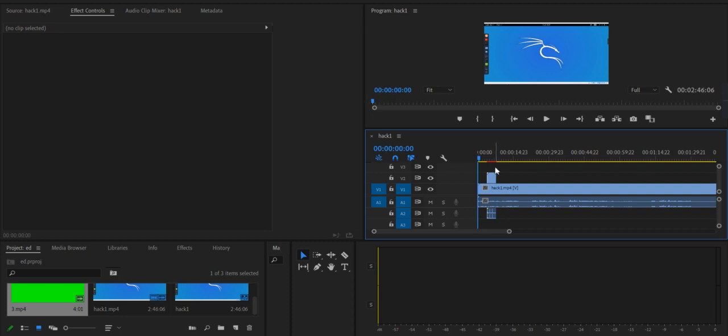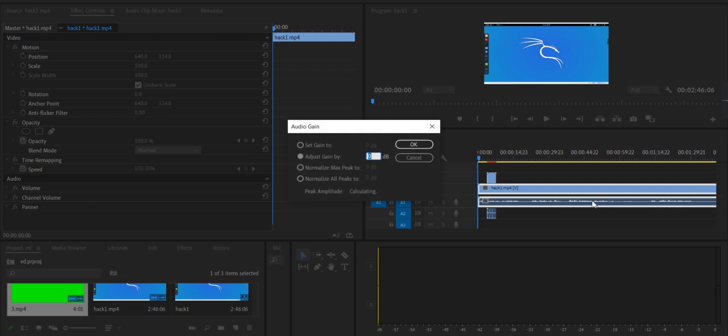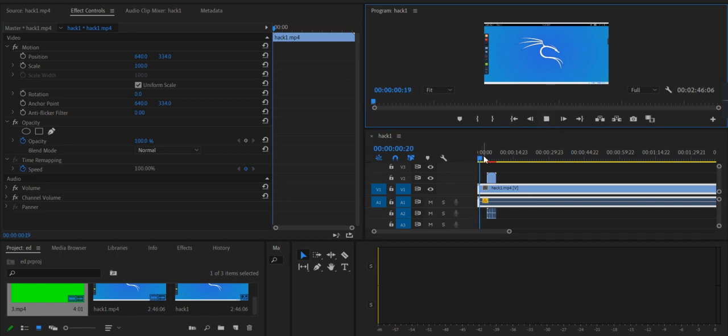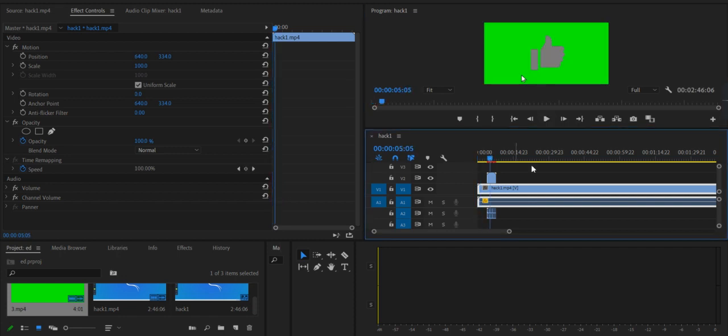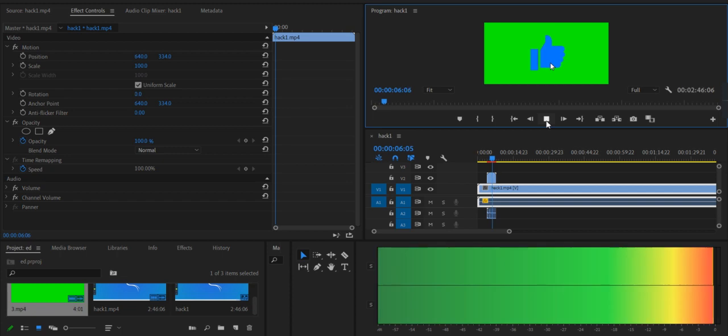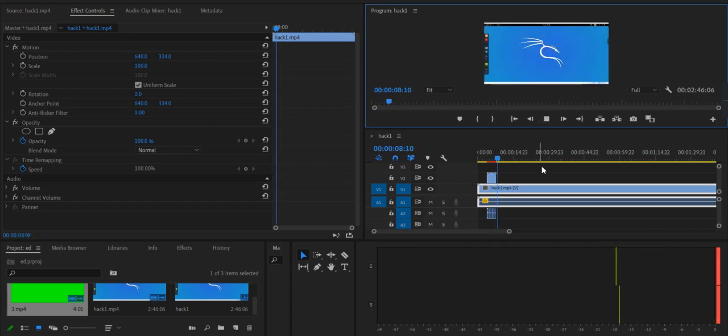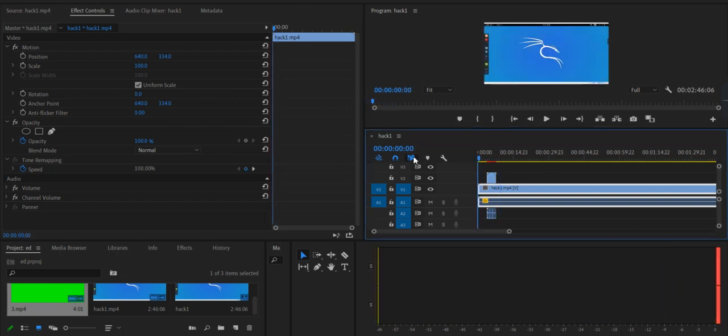So if I play this video now, first of all I shall set audio gain to 0 so that it doesn't cause any hindrance here. So if I run this video, then it will show a green screen along with the like button, as you can see. So our task is to remove this green screen from this video so that it looks interactive